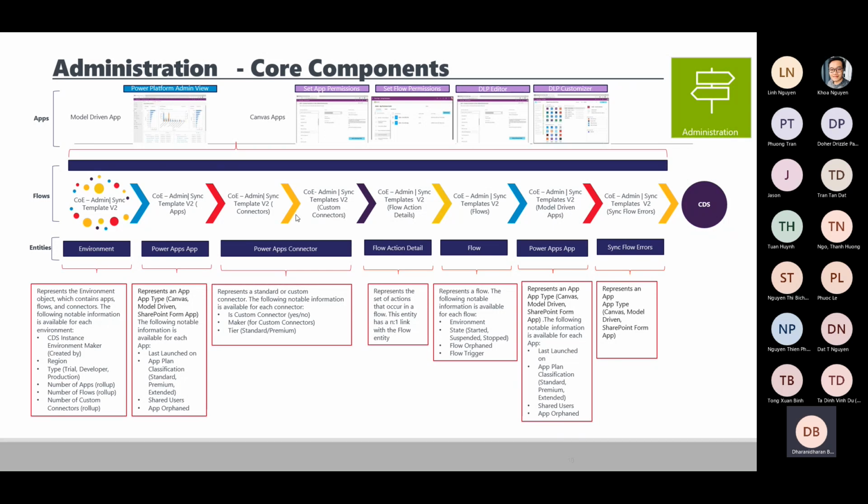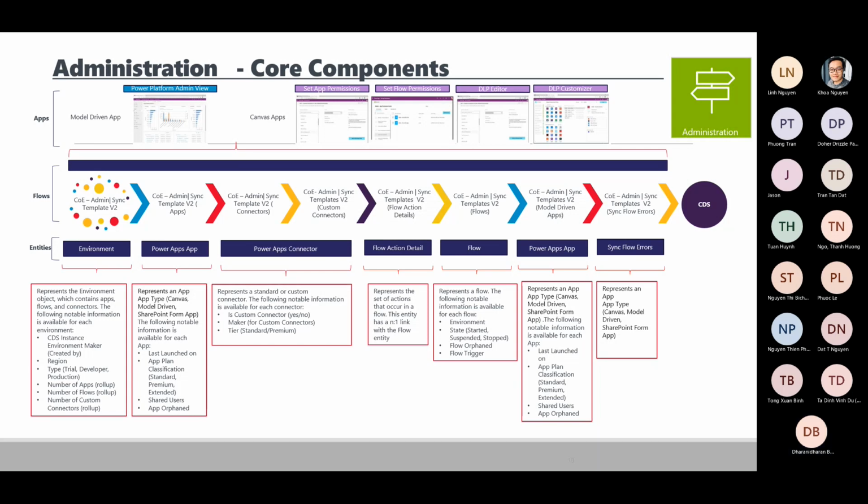All those flows will be running if you import this manager solution, the core component solution, into our instance. If you set up all these solutions, it will track everything about your environment: the apps in your instance, Power Automate, what connectors you are using, and if you are building any custom connector,